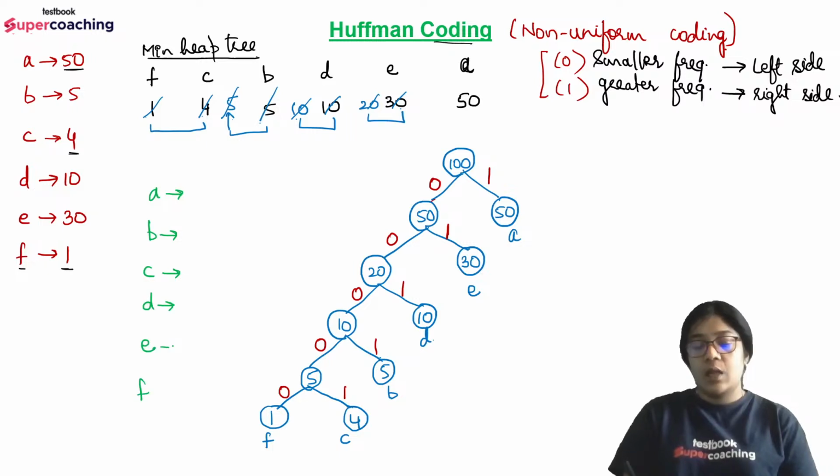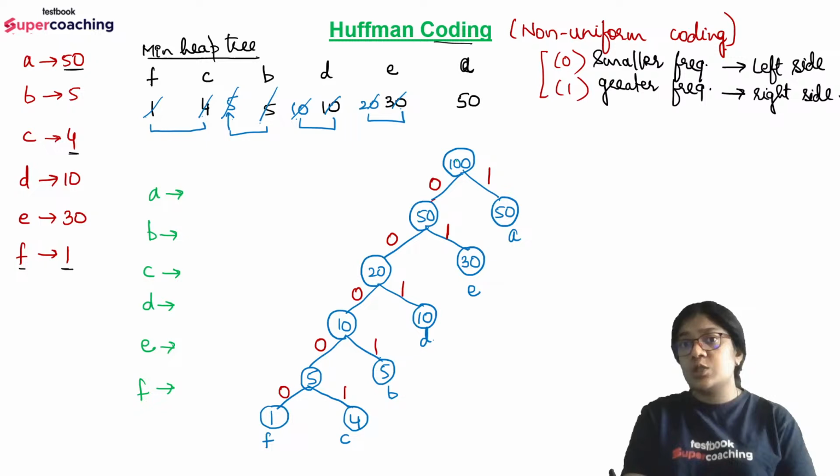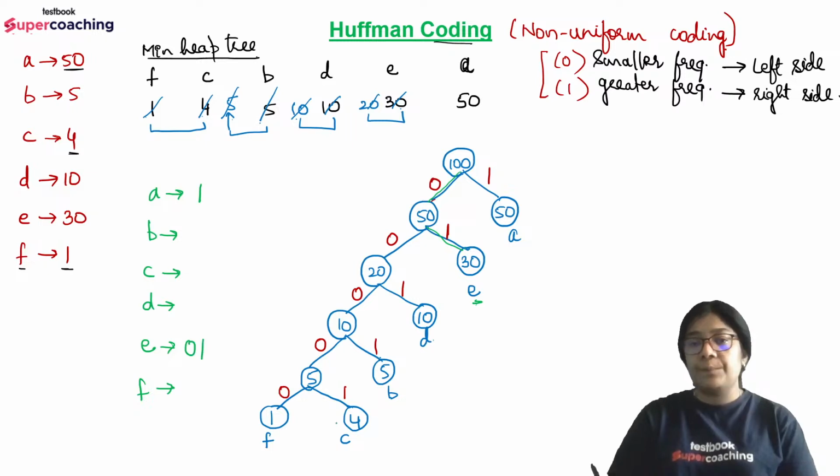Now check, if I have to go from the root to A, how many edges do we need to cover? We just need to cover one edge, that is 1. Similarly for E, starting from the root, this is 0 and then 1, so 0 1 is the code for E. For D it is 0 0 1. You have to start from the root and reach that particular letter. You can see here all the letters are nothing but these are the leaf nodes, so after this there won't